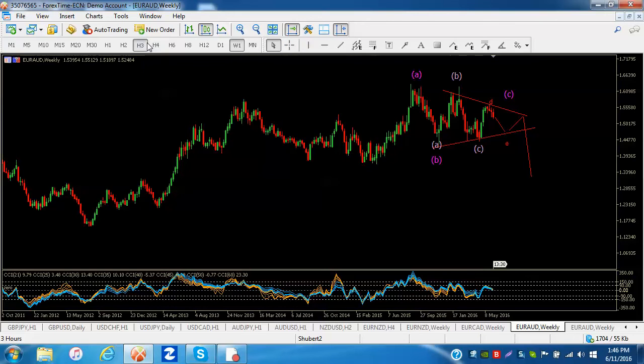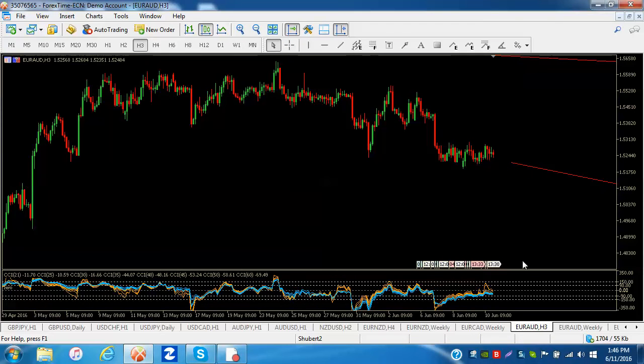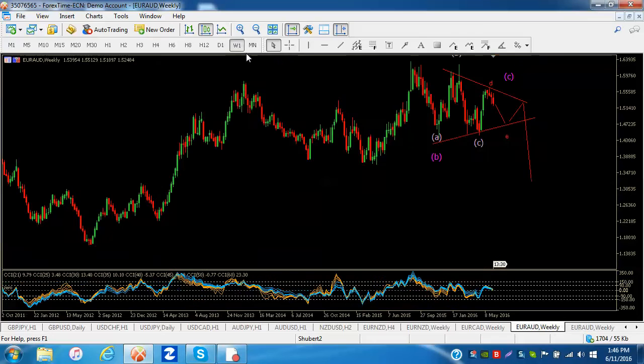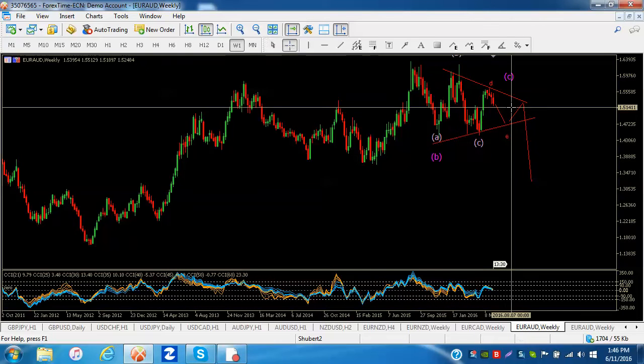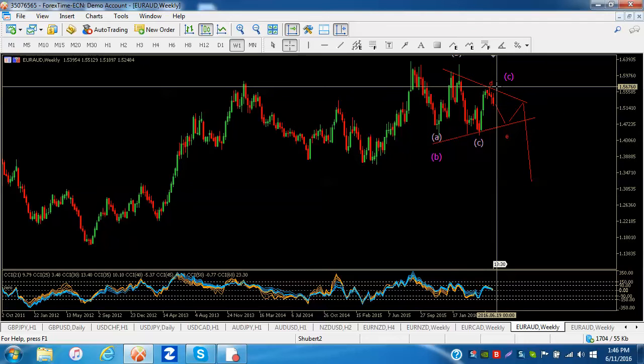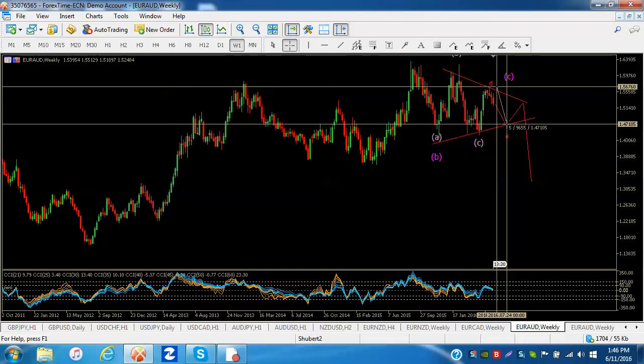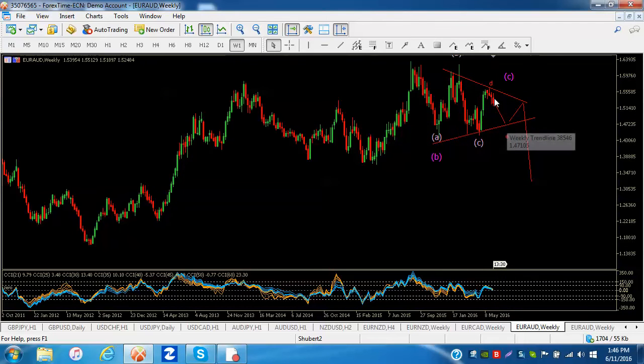You could go to a lower time frame and look for opportunities to enter short, keeping in mind that your target is down here at this lower trend line. Now it's a pretty significant move on a triangle. From here to here is 965 pips, so there certainly is room to trade this if you want. And then you're going to bounce back up, and once it gets back up to this trend line again for this wave E, that's this little E right here,